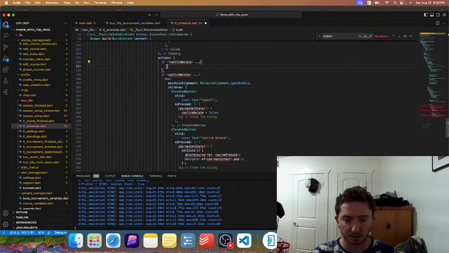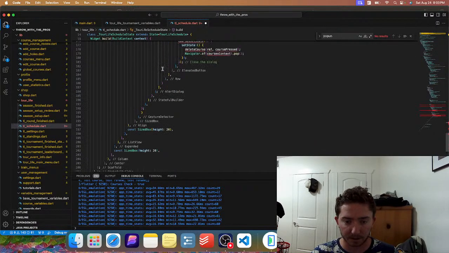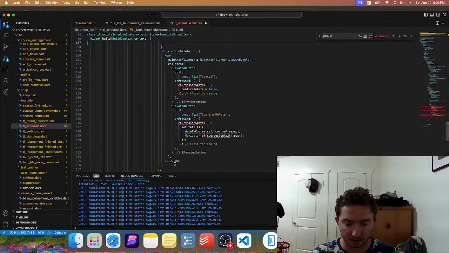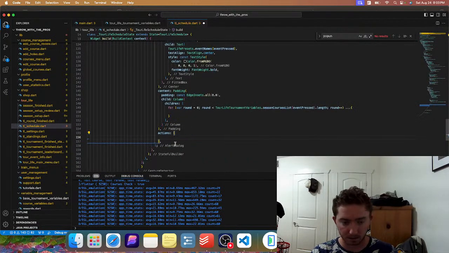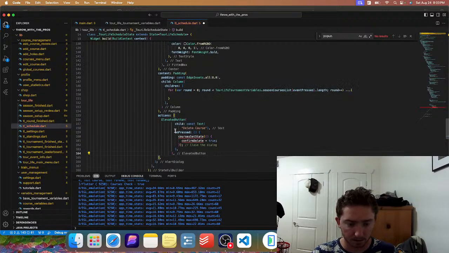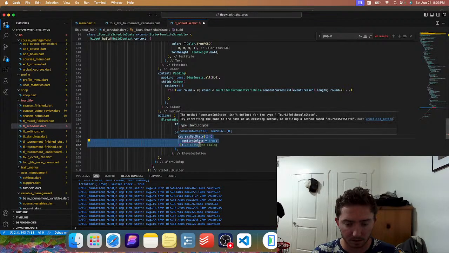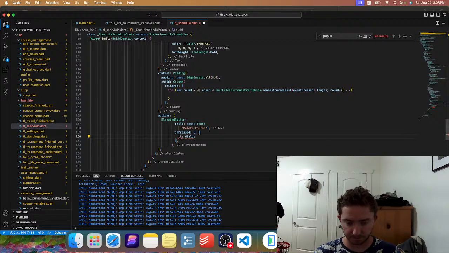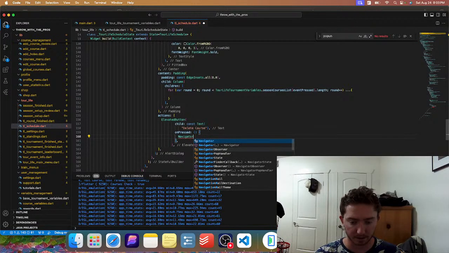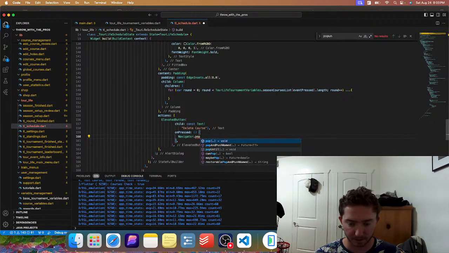This should just be something that we can wrap in a center here. Elevated button, on pressed. Nah, nope. And this just needs to dismiss the pop-up. Navigator dot pop